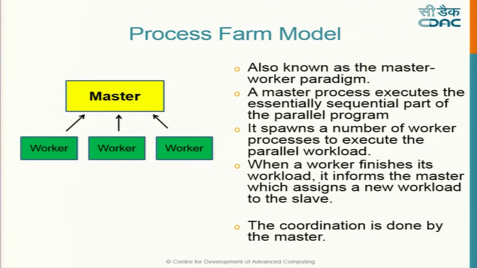This is very easy to understand. There is one master process which divides the task to the children. So there is only one level of children, so all of them get the task and the data. So multiple workers are spawned, each one of them gets the workload from the master, and after processing, the result goes back to the master.